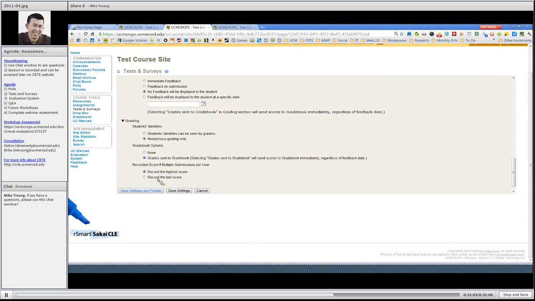And then the last option here is, if you allow for multiple submissions, like let's say students can keep taking the quiz until the deadline, you can indicate whether you want the highest score or the last score. So it's going to keep everything as is, and then I'm going to go ahead and save